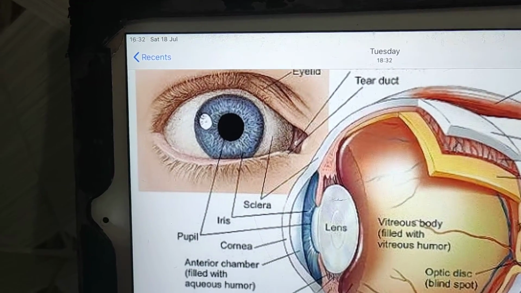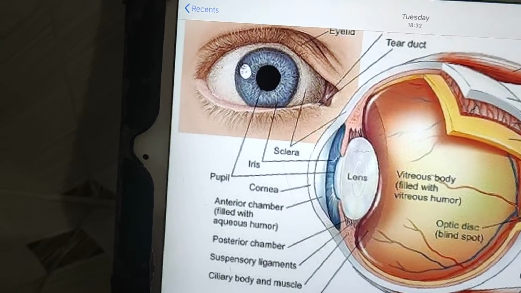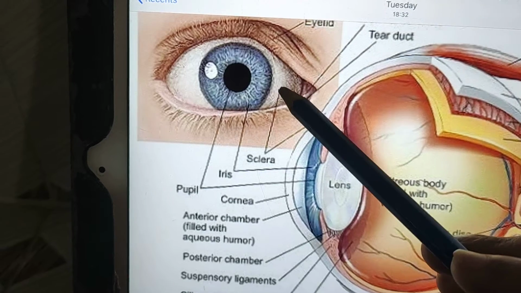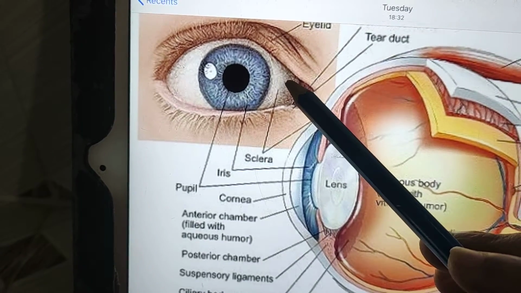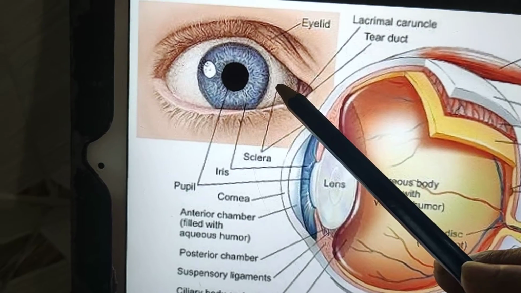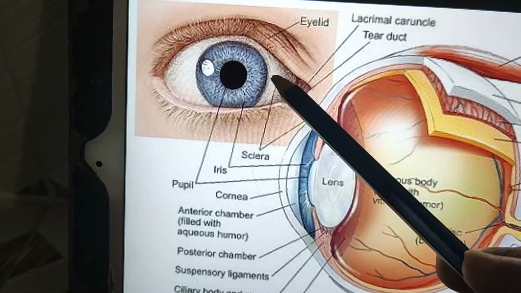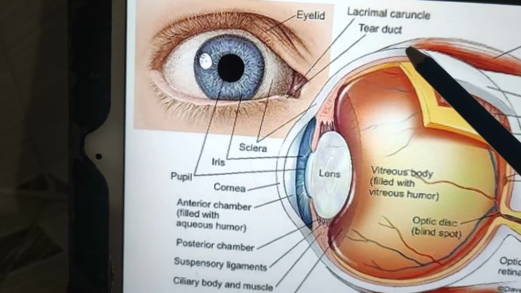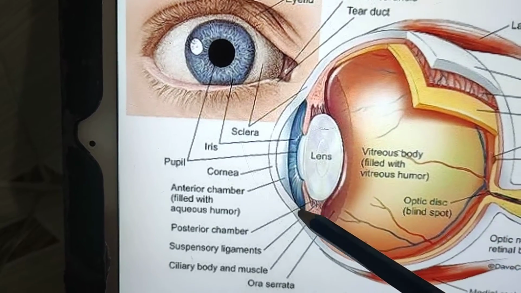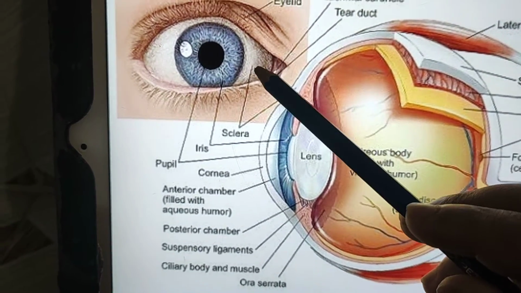The white tough outer layer of the eyeball is known as sclera. Look here, you see in our eyes the white part, that part is called sclera. This white part, look at there, this white layer is called sclera. Okay,